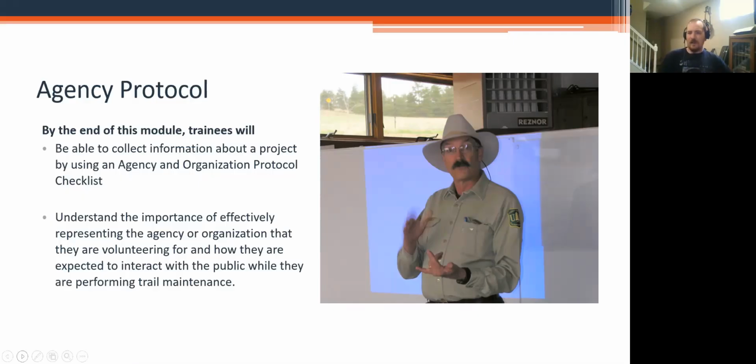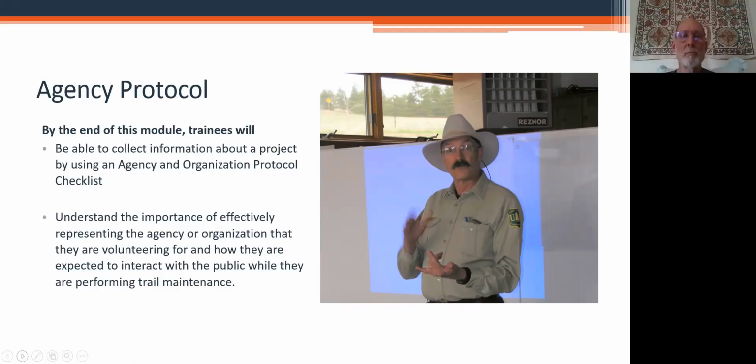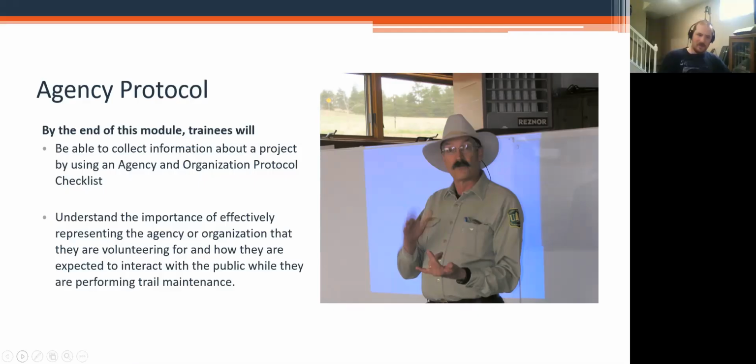If you're volunteering independently, we're assuming that's absolutely not the case, and that you actually, as a volunteer, have a lot more work that you need to do to effectively understand what the expectations are from your sponsoring agency, both in priorities and what they'll allow you to work on, and priorities in trail maintenance, and any paperwork or very specific risk assessment or accomplishment reporting protocols that you may need to put in place. And so we actually kick the independent stewardship training off with agency protocol. It's the very first thing we hit on for those reasons.